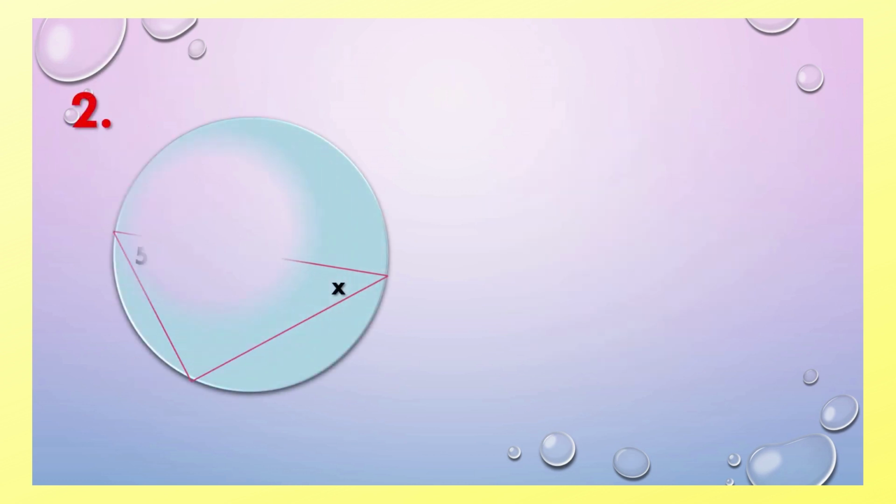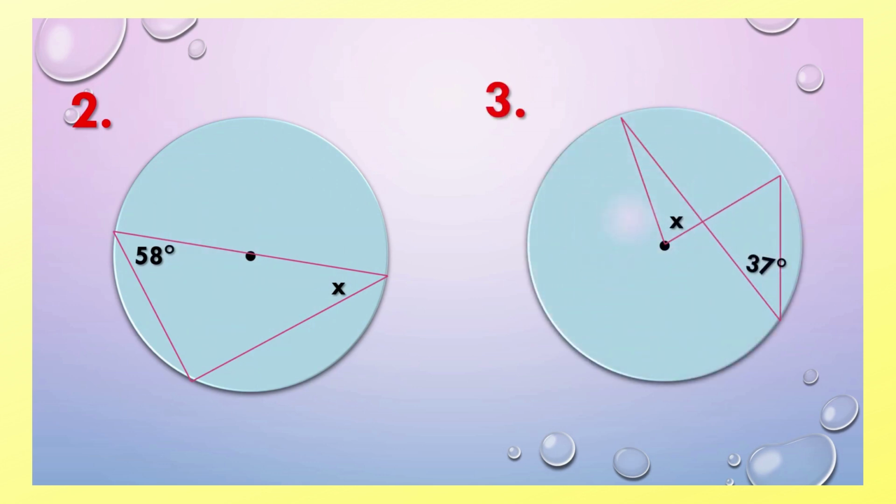Number 2. Okay, find the measure of angle X in number 2 and also in number 3. Okay, so but before we proceed to number 3, let's answer muna all together yung number 2. Okay, dito sa number 2 class, as you can see, ito ay 58 degrees. So therefore, ang kanyang intercepted arc, times 2 mo lang yan. Okay, 58 degrees times 2 is 116